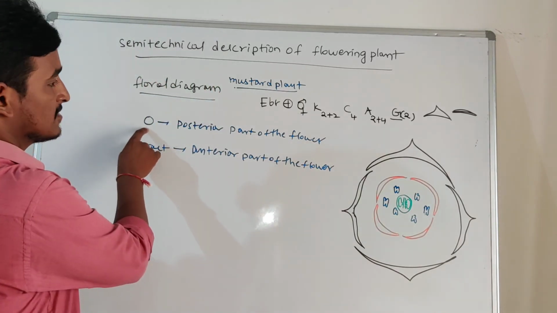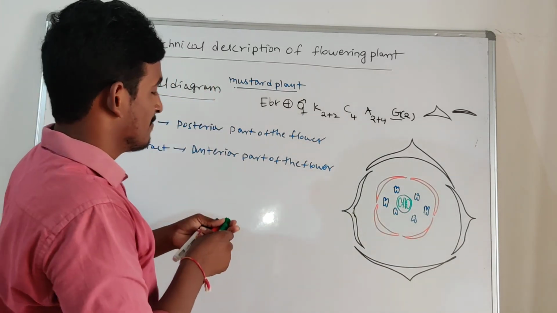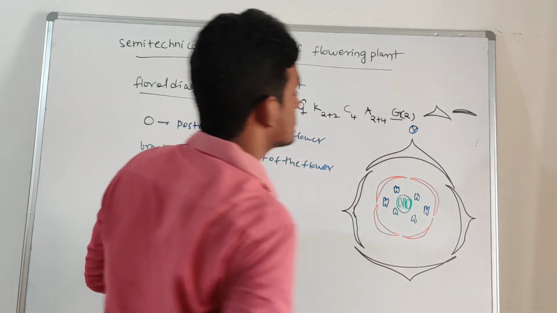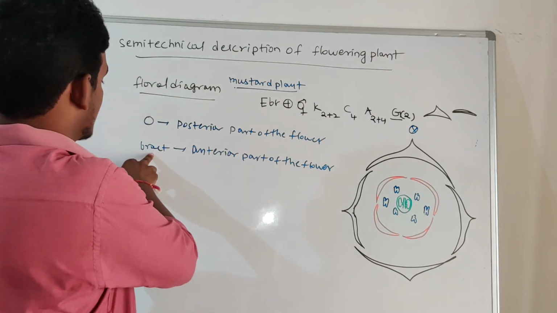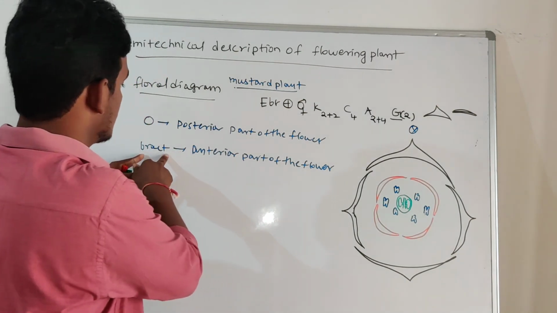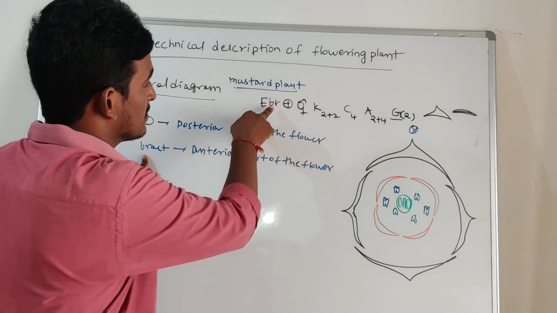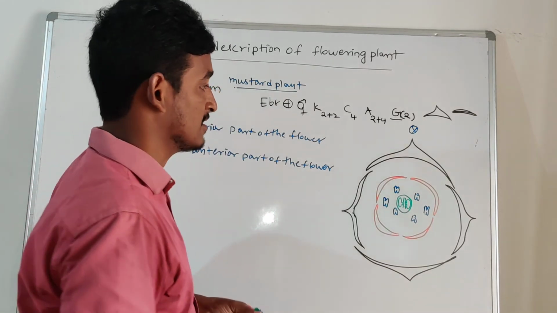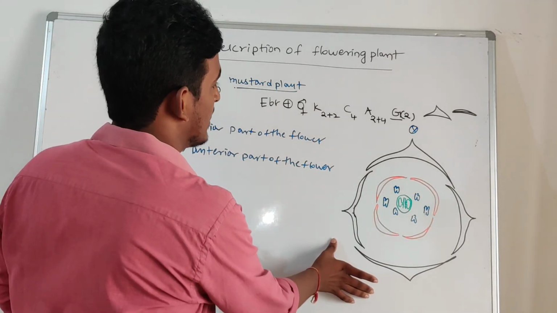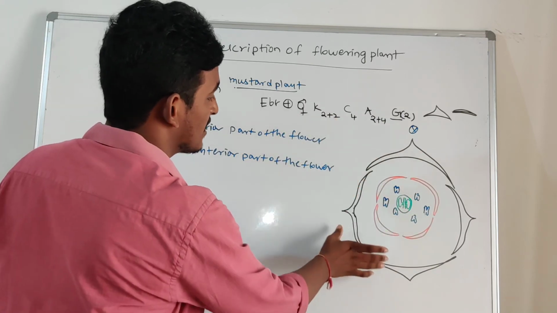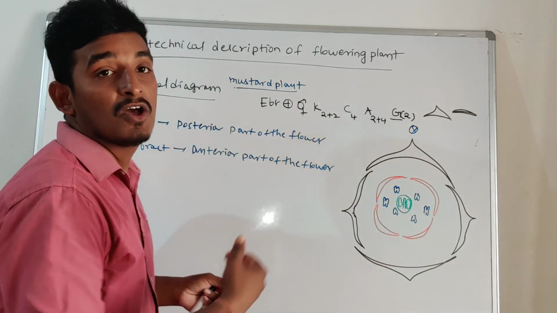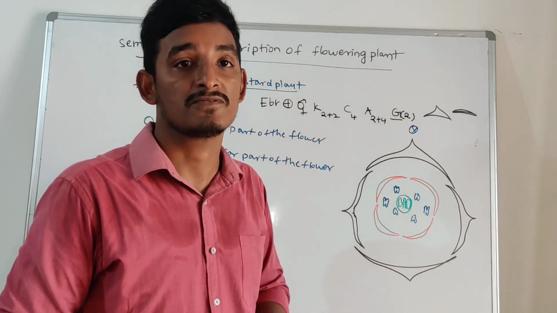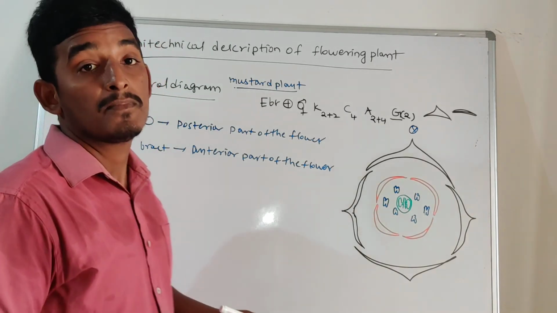Along with this, here the mother axis is represented with the dot. So it is the posterior part of the flower. Here the bract is present or absent? Generally the bract represents the anterior part of the flower. But here it is an ebracteate condition, so the bract is absent, right? So that is about the floral diagram. With the help of the floral formula, easily we can know the various floral whorls, their position and relationship between them, right? So I hope it is helpful for you guys.